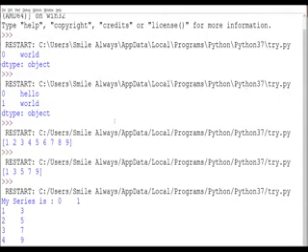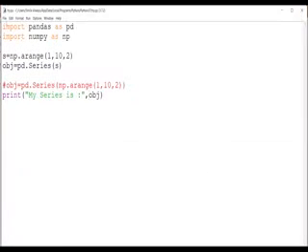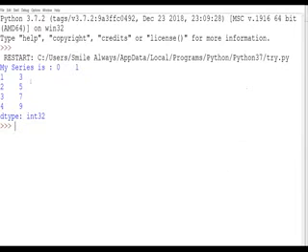Can you see? Yes, ma'am. One second, it is a little bit not clear. Let me run this again. Okay, now you can see here my series is 0 1.